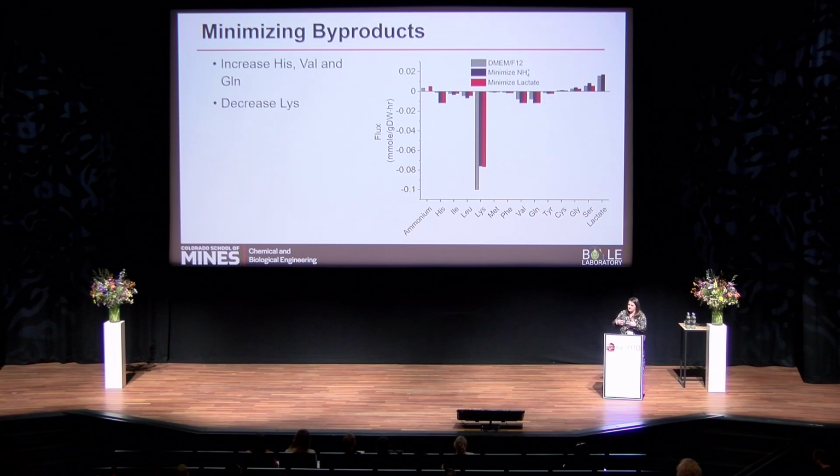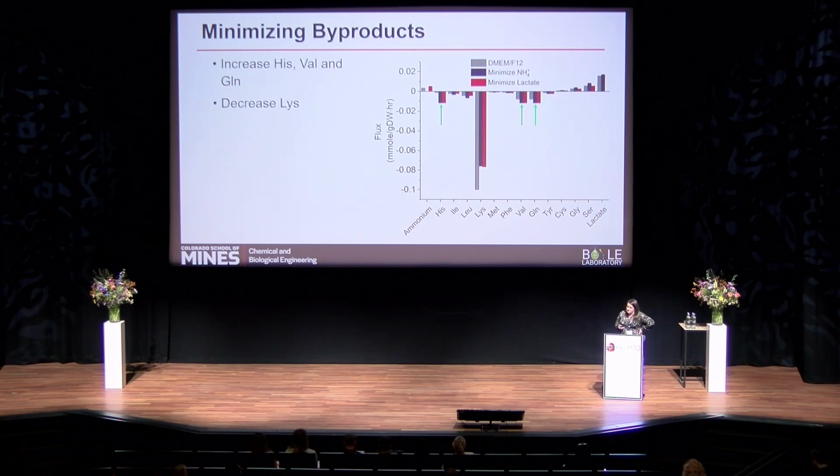So once we combine all of that into the model, we can run simulations. The first one we did was to minimize byproducts. So we wanted to minimize the production of ammonia and lactate. And so we see some general trends. If you increase the uptake of histidine, valine, and glutamine, for both byproducts, you'll reduce the production of ammonia and lactate. If you decrease lysine, you'll also